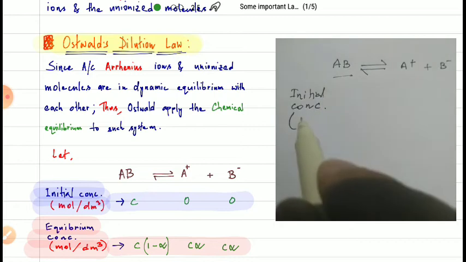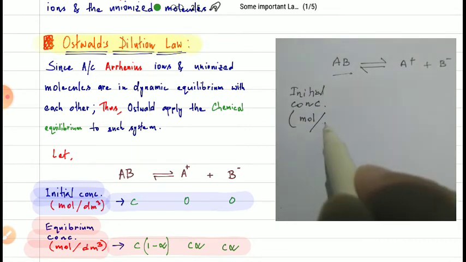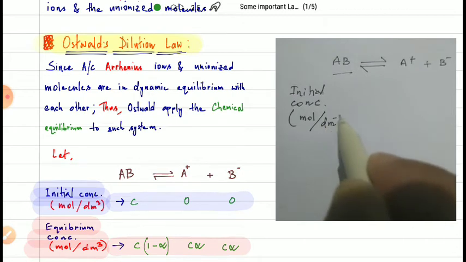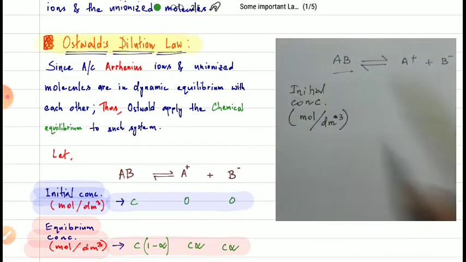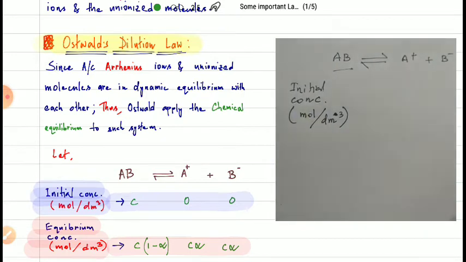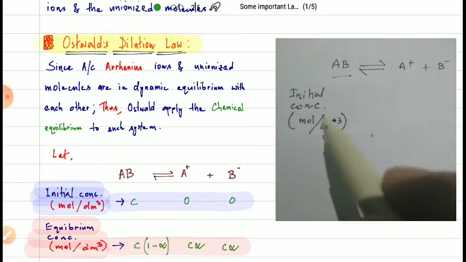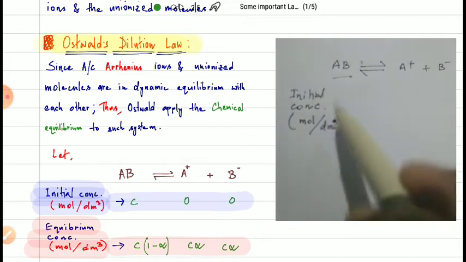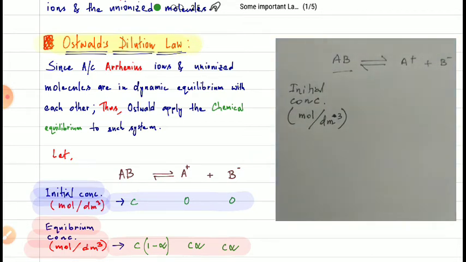Let's suppose the initial concentration is in moles per decimeter cubed. Sorry, this is decimeter cube. Because we just divide, there is no need for a minus. So you can express this like this, or you can write moles into decimeter to the minus 3, same thing. So at the initial condition, that means at time t equal to 0,